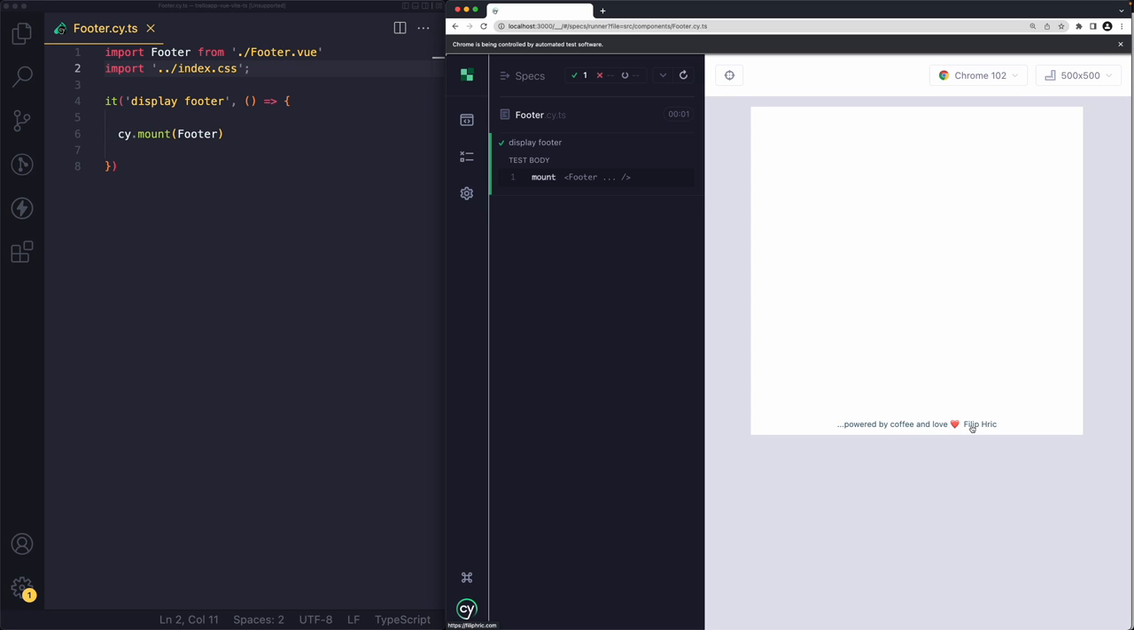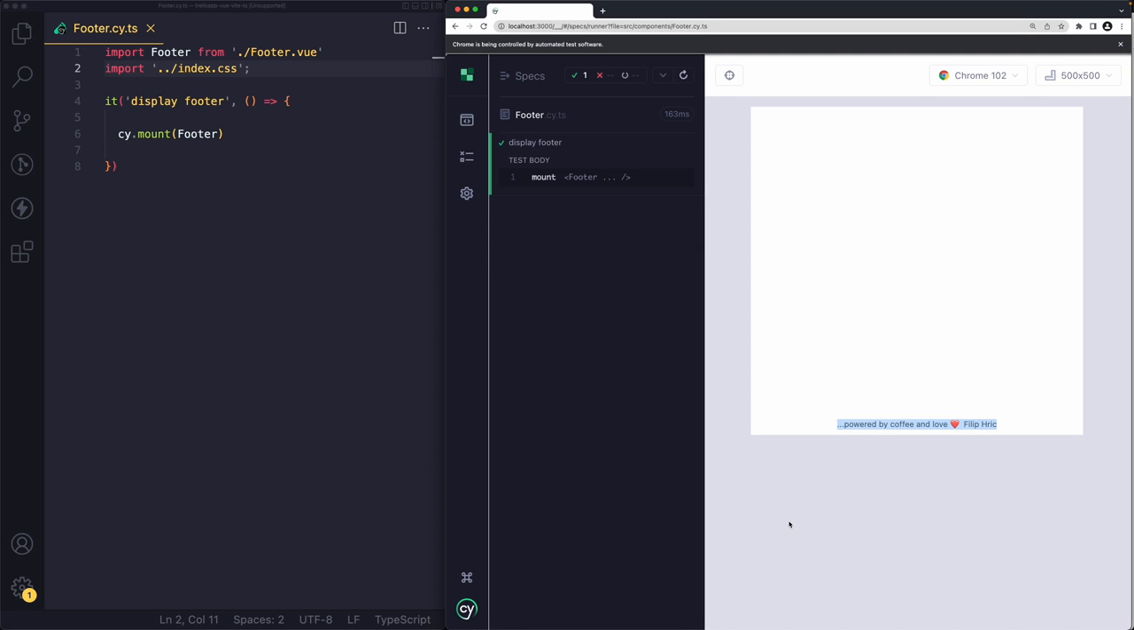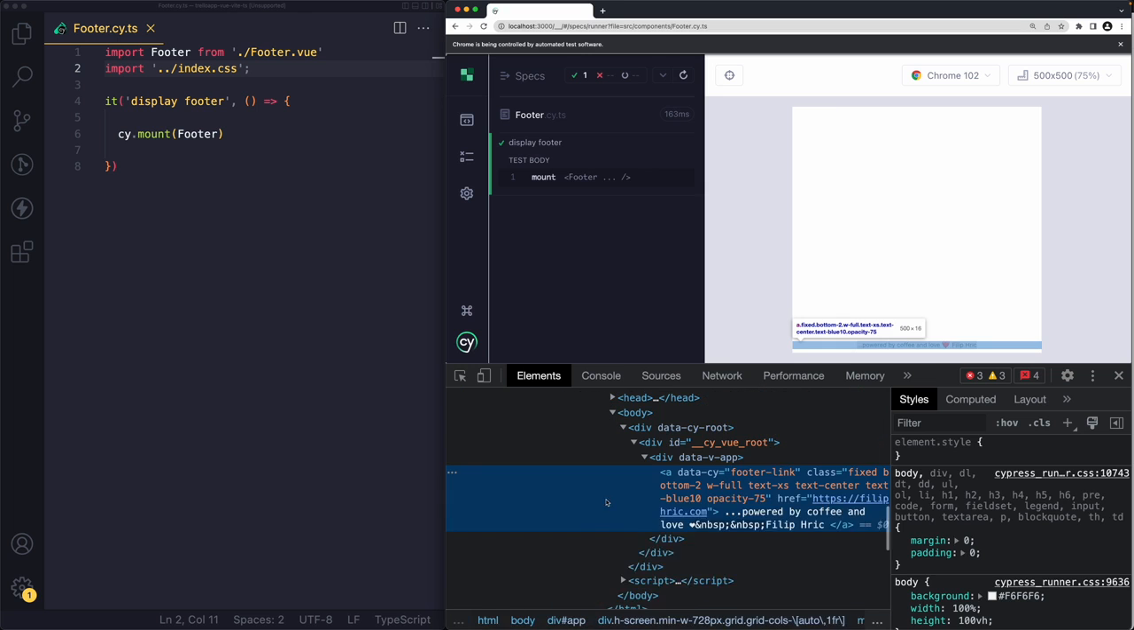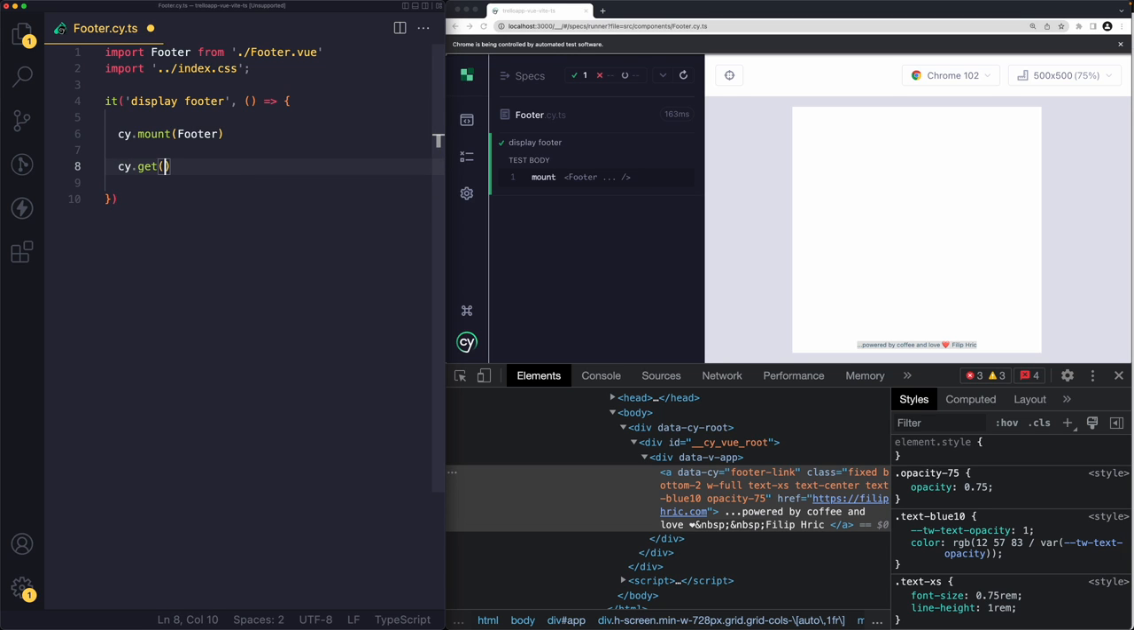So for example, I can click on this link, which is going to take me to my page. If I want to test this, I can, for example, open up my console, look at the detail of the component, and for example, make sure that the link is live. So I'm going to select it by get data cy footer link,